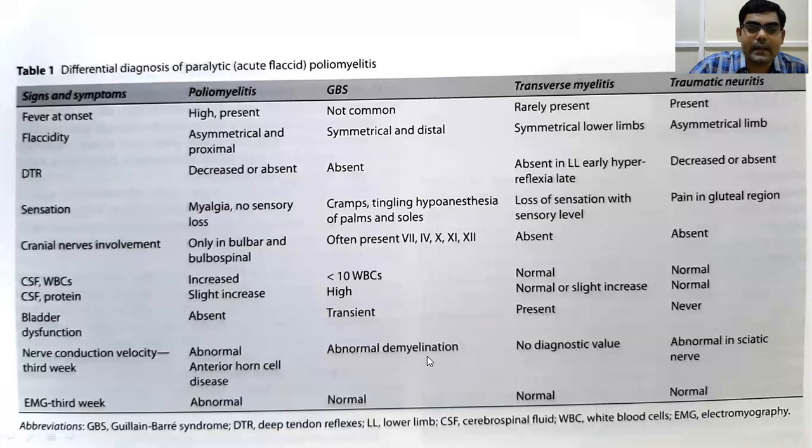This is abnormal demyelination. We already learned GBS. Other name is acute inflammatory demyelinating polyradiculoneuropathy. This is demyelination. EMG in the third week is abnormal because the paralysis, residual paralysis, will be permanent. Yeah, some post residual will be also present. Usually in the acute phase they will weaken. Yeah, normal. So what is important here is fewer WBC in CSF and very high protein. This is called albuminocytological dissociation. Okay.